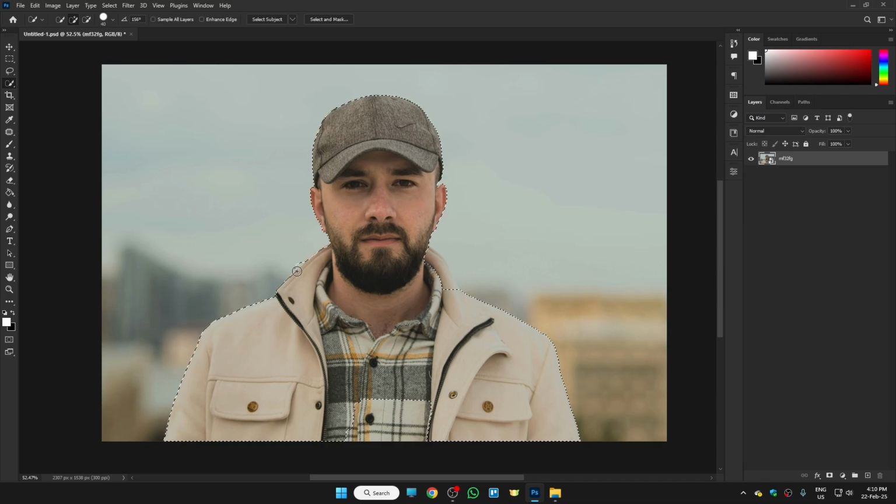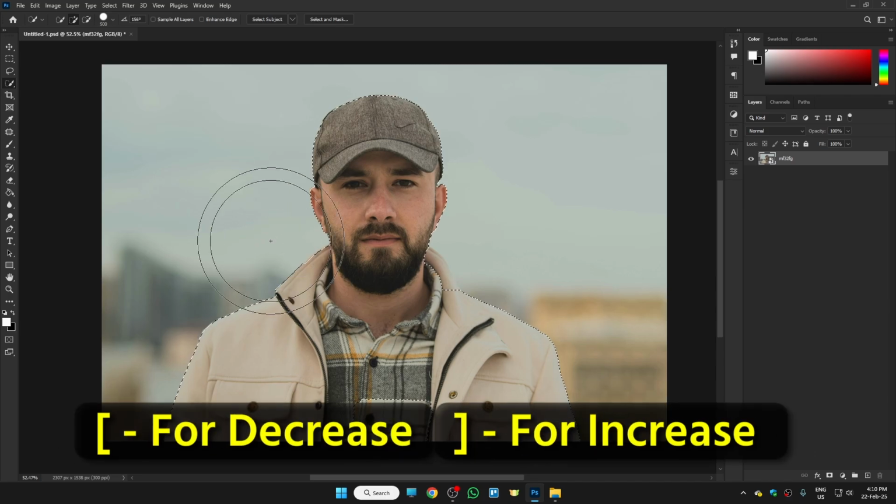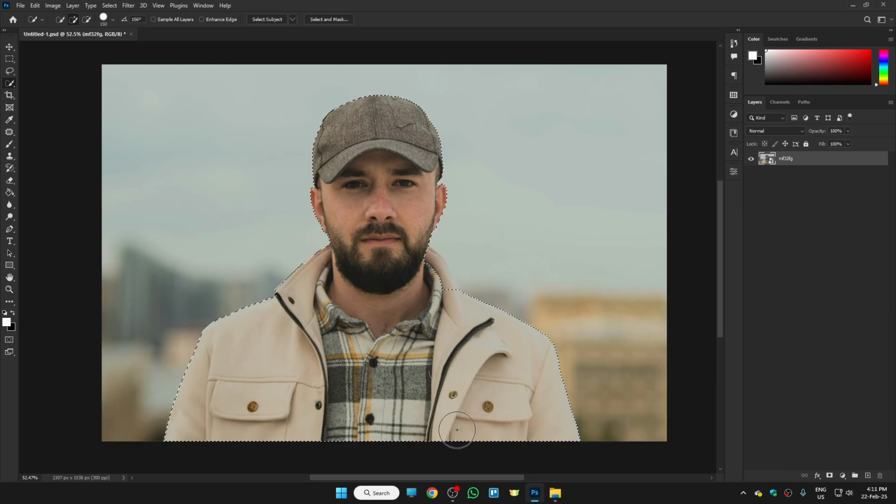And also, if you make any kind of mistake like this, you can just hold your Alt key and subtract that just like this. Okay, and if you want to make the brush smaller or bigger, in that case you can just use the brackets from your keyboard. Okay, and once you're done with the selection, just hit Ctrl+J and you will see that a